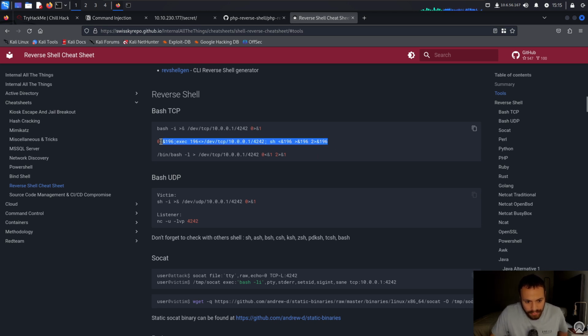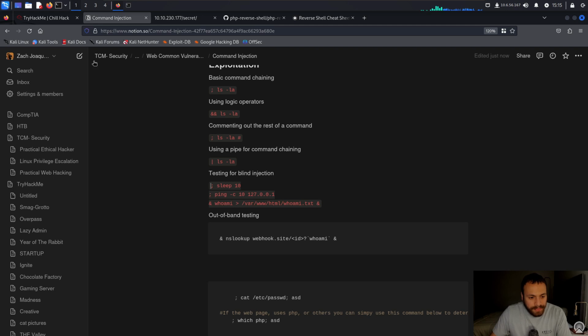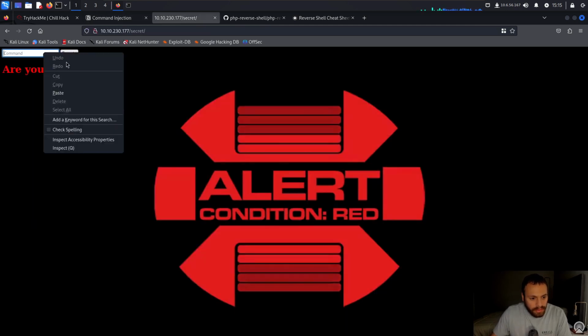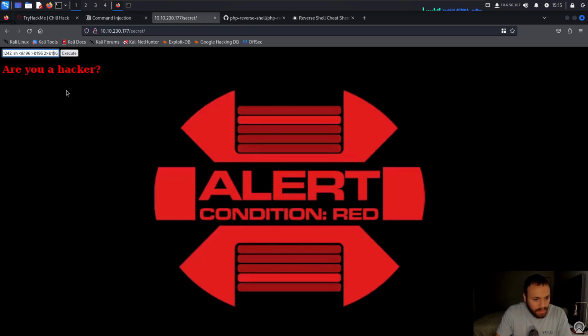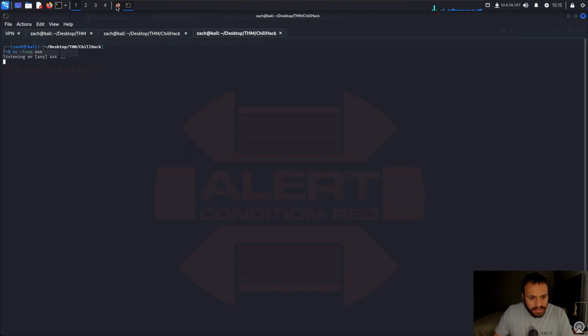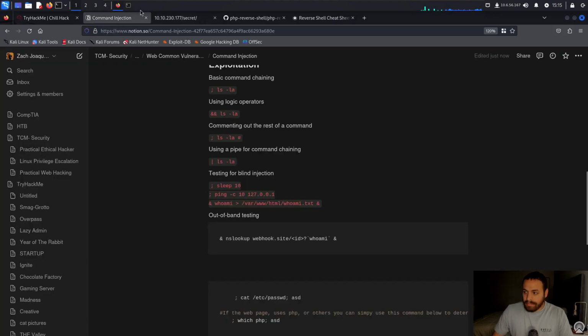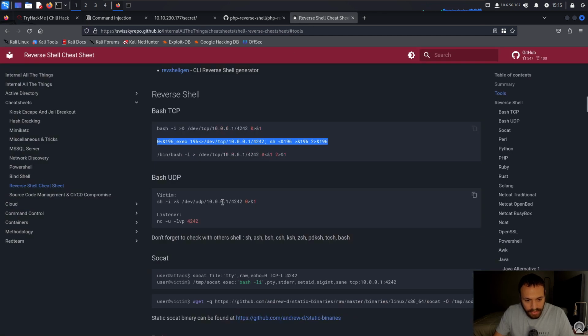Let's just try to run this. Copy this, paste that, change the port it's listening on to 444, and the IP to 10.65.6.167. Execute that. I think we got the same thing. Yeah, it's not working. I'm not sure. We might have to go to the